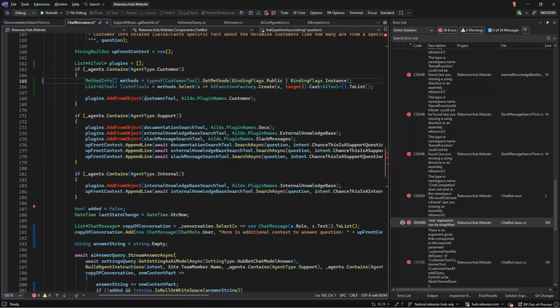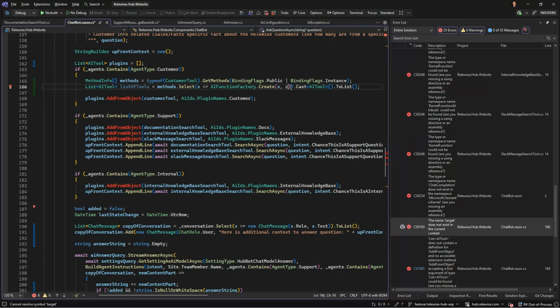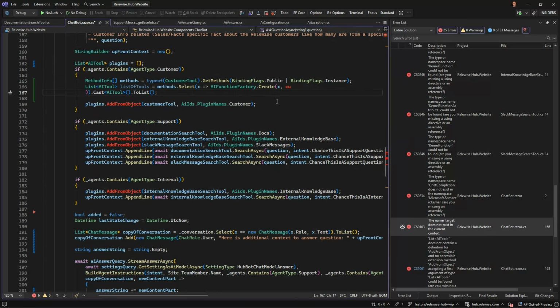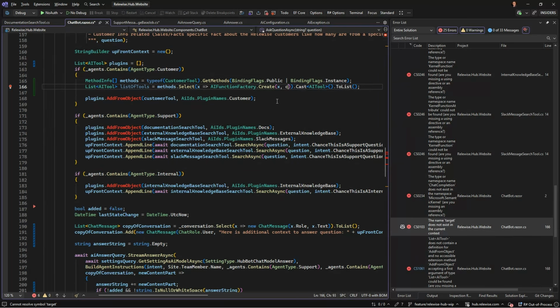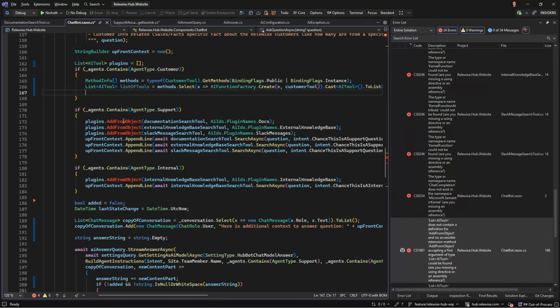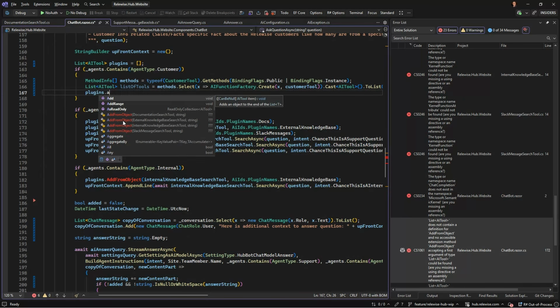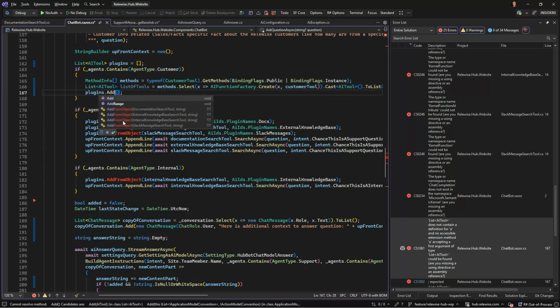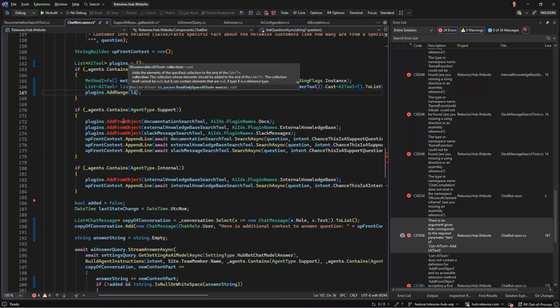So our target is just customer tool. And then we can just say plugins dot add range list of tools.